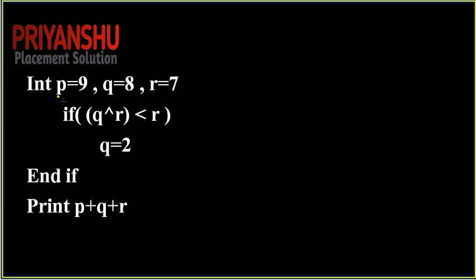So let's move on to this question. P equal to 9, Q equal to 8 and R equal to 7. In this question, friends, again the XOR operation is there. In today's slot questions, there are many XOR type questions in the exam. So we need to practice the XOR, AND and OR operations. These 3 operators are mainly asked in Capgemini. So let's discuss this question. Q XOR with R, the value of Q is nothing but 8. How do we write it?